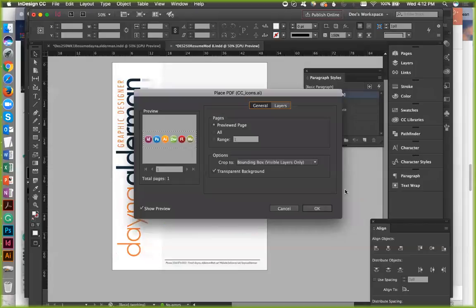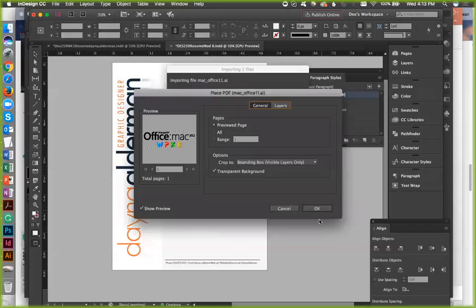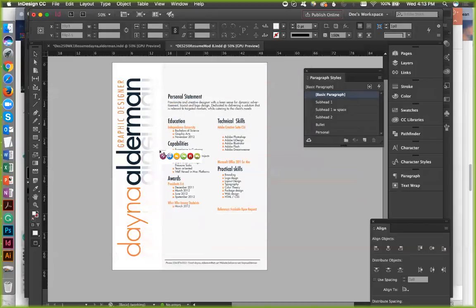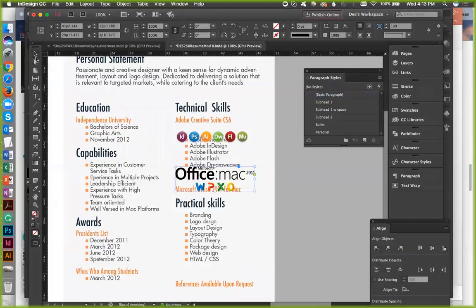We'll do both. Say OK. Say OK. And it'll load. So here's my CC. I'll probably have to make some more space, but it's no big deal. And then Microsoft Office, I'm just going to put right here for the moment. So I have to zoom in a little bit. Yeah, these look really good with this, by the way.